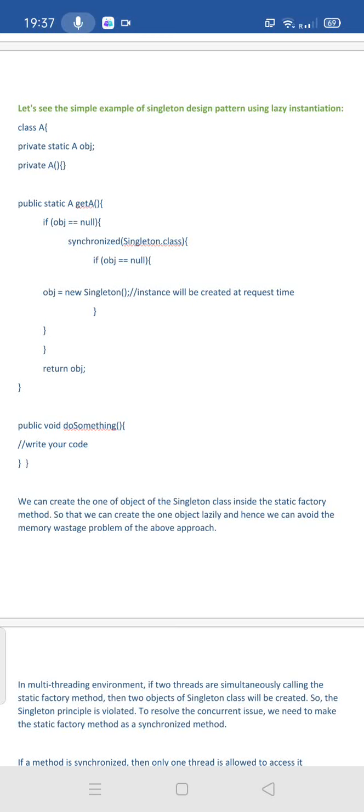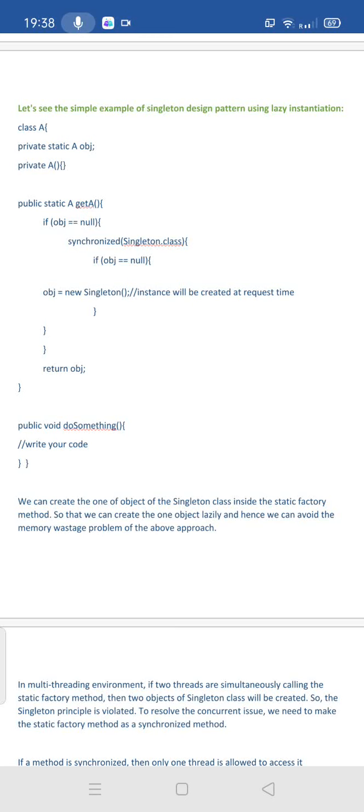Then I will return obj to the callers. But if obj is already referring to an instance of class A, then the if condition obj equal to null will fail, so it will come out of the if condition. Obviously it returns the object which was created the first time, which was initialized earlier.